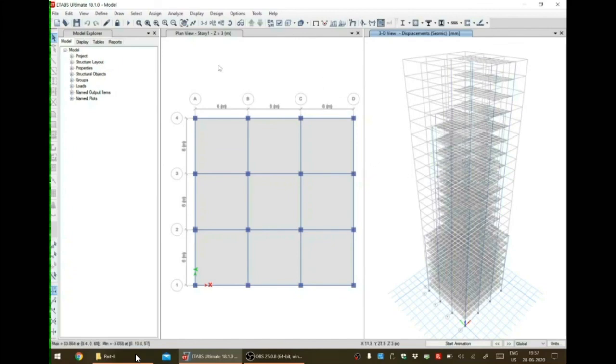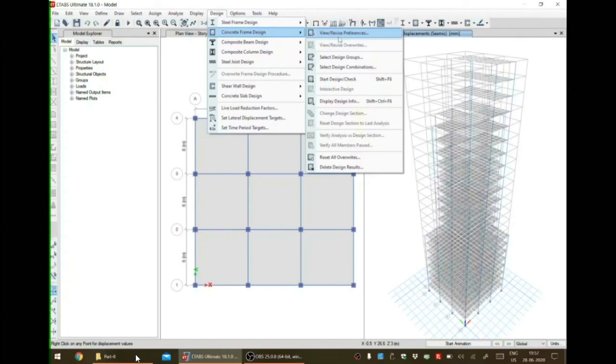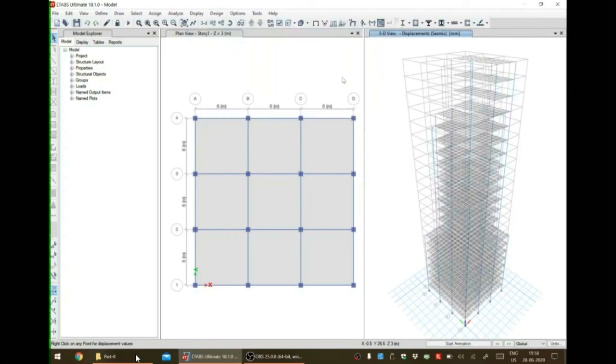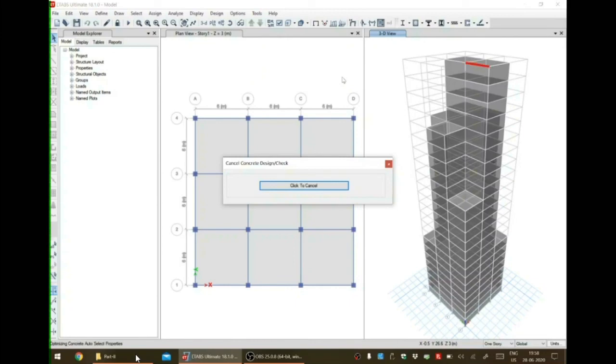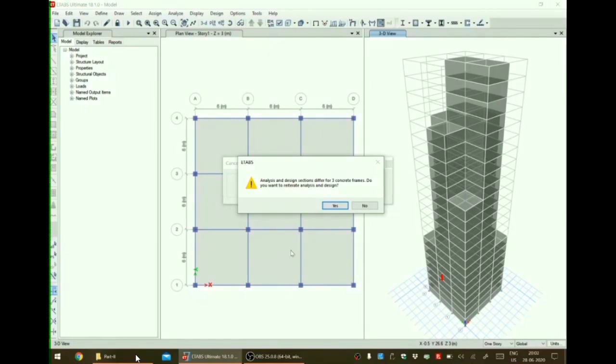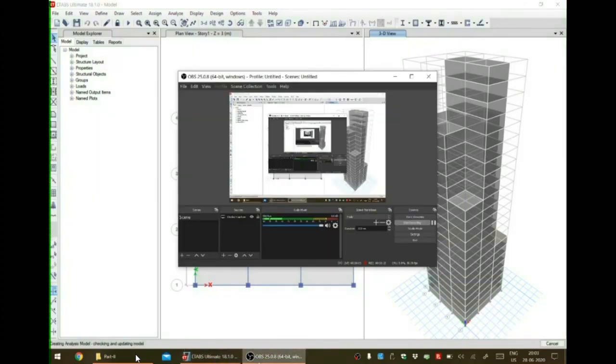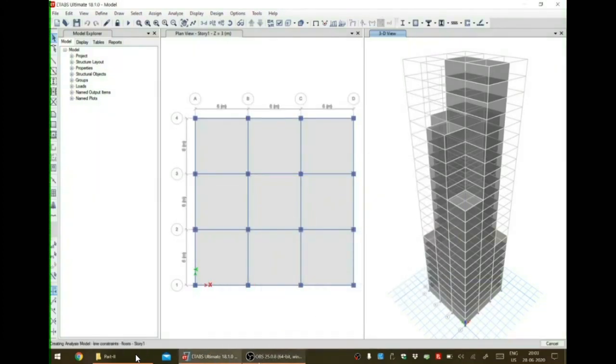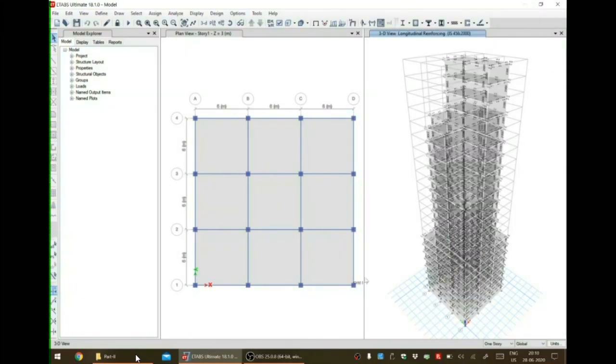Now we will carry out the design work. So let us start designing. It will take quite some time. It has only started now. So after the first design iteration round, three concrete frames need auto select properties to be upgraded. Let us click on yes. So the design started again. So now the design part is over